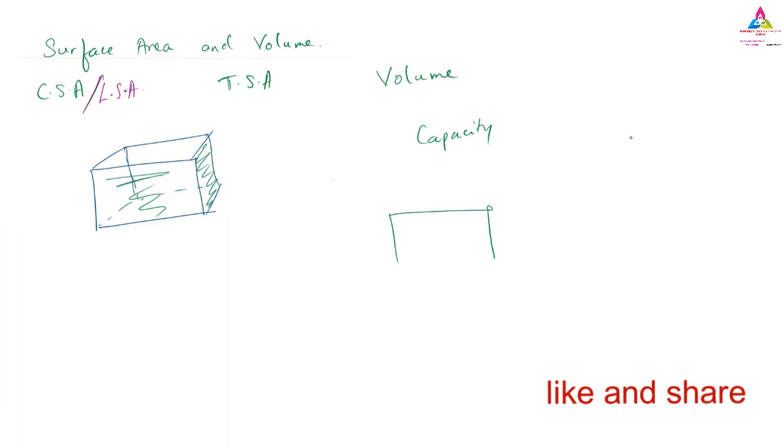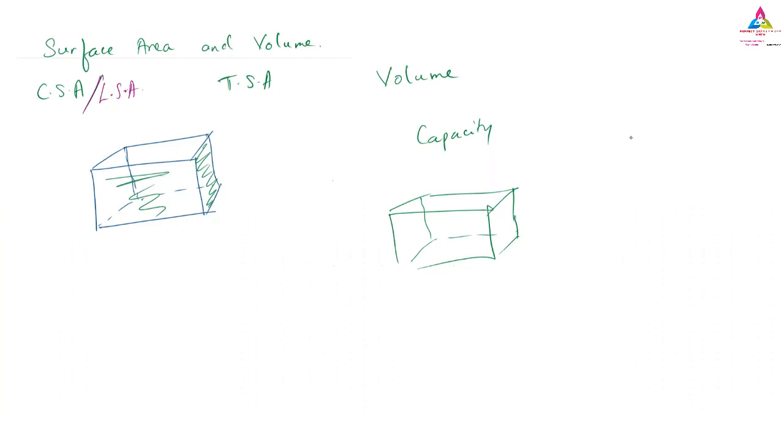If you have one box, or a tank, and it is totally closed, and you want to paint that tank from outside, how are you going to paint? If they ask what total paint is required, or how much is required to paint, are you going to find the area of the cuboid, or are you going to find the volume? Area. You are going to find the area.